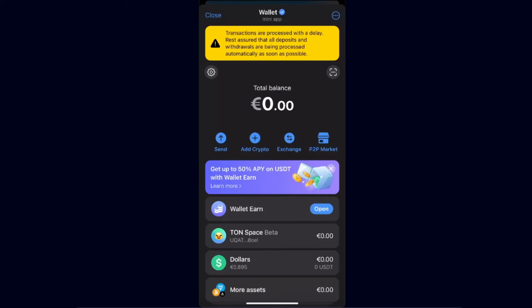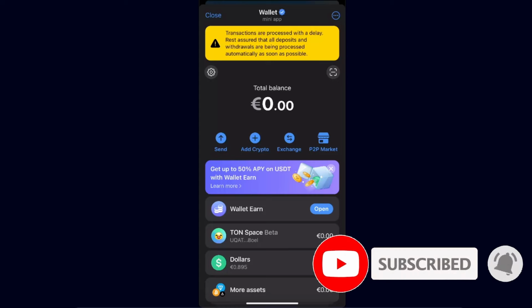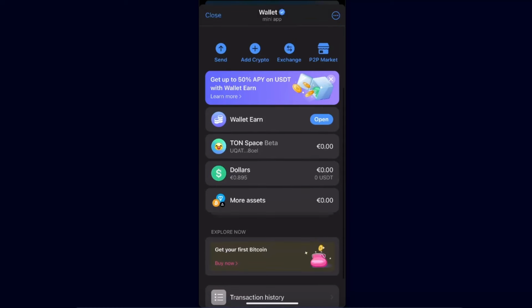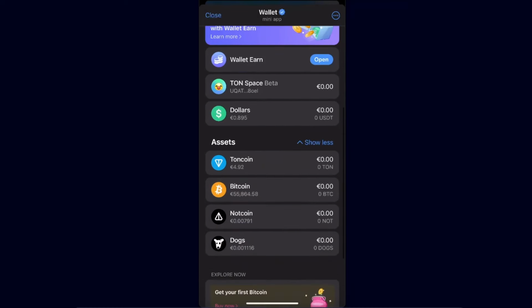Hello guys, in today's video I'm going to show you how you can transfer Dogs coin from Telegram wallet to Binance. If you already have your Dogs on your Telegram wallet, you will be able to send it to, for example, Binance. So once you have opened up your Telegram wallet and go on more assets, you're going to see